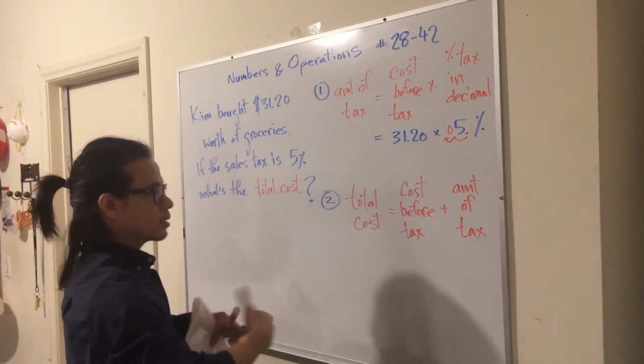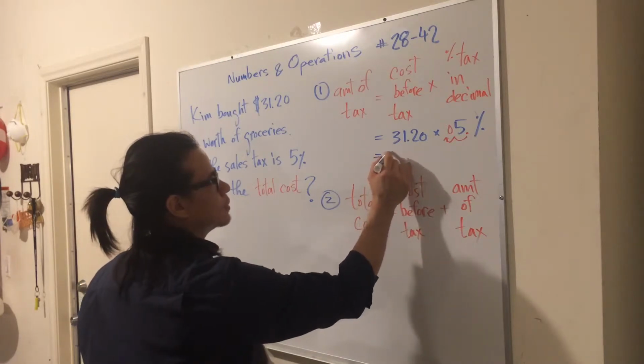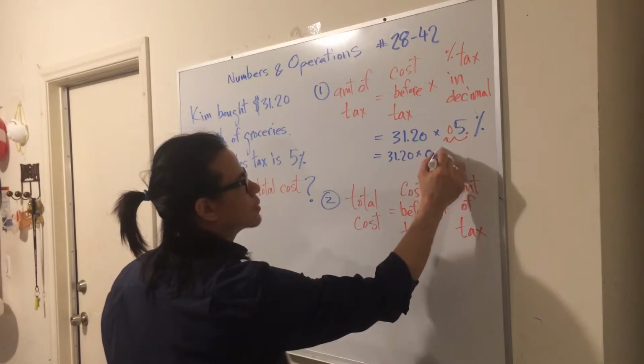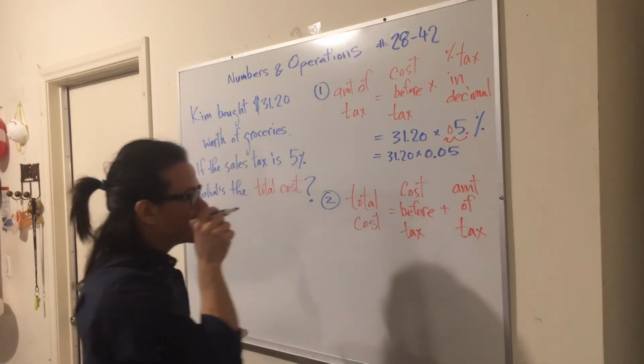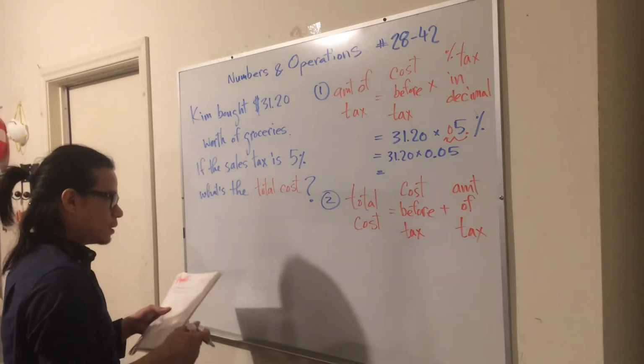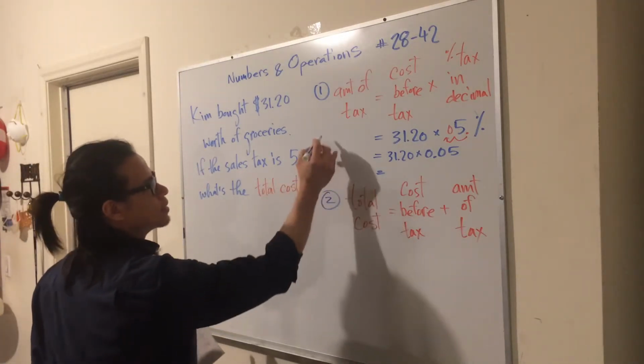So we end up with $31.20 times 0.05, and this gives us the amount of, well, let's see here,